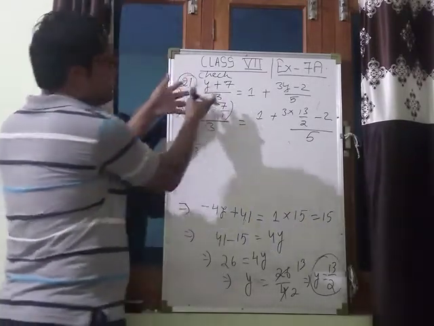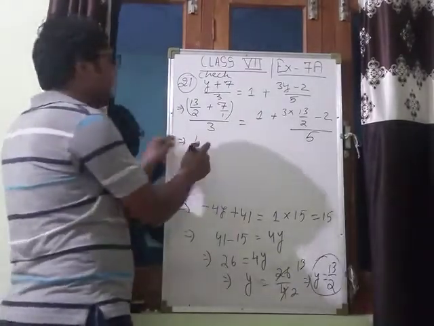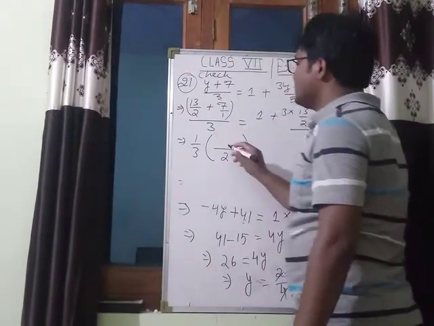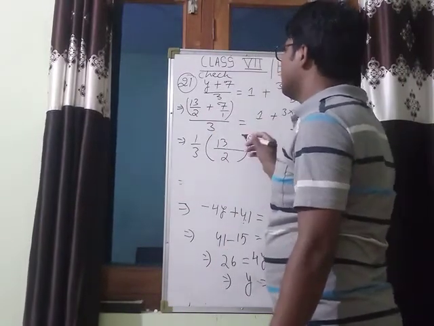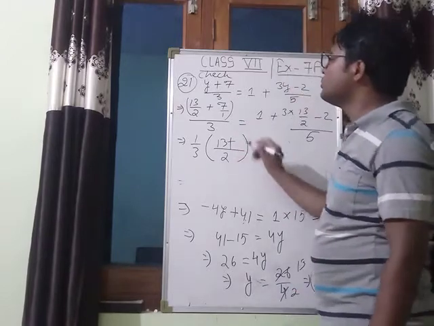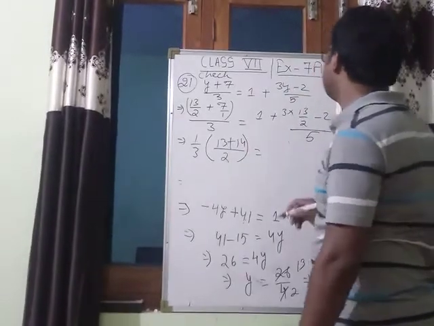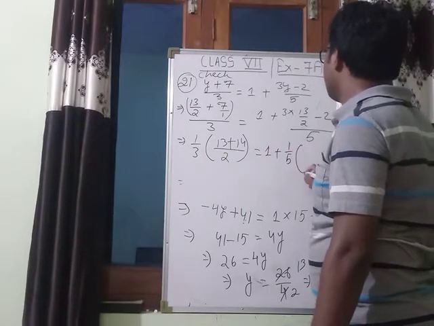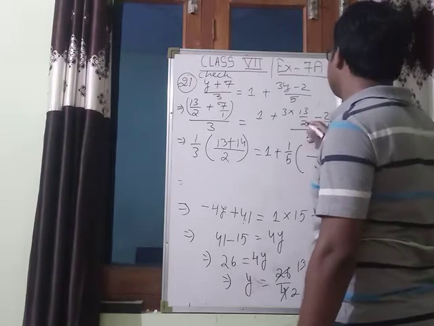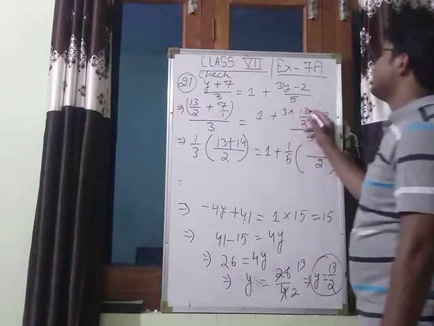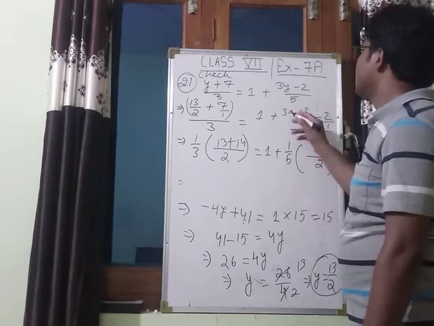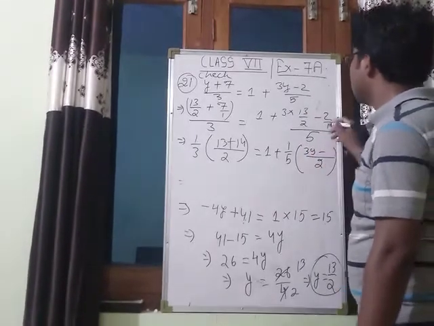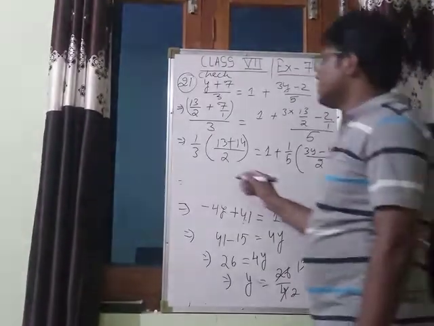This 3 divides the numerator, no? So that can be written as 1 by 3 into, now LCM of 2 and 1 is 2. So 2 into 1 is 2, that will be 13, 1 into 13, 13 plus 1 into 2 is 2, 2 into 7, 14. That is equal to, see, this is 1 plus 1 by 5, and here the LCM of 2 and 1 is 2, and this one is 13 times 3 is 39, and 2 into 1 is 2, 1 into 39, that will be 39 minus 1 into 2 is 2, 2 into 2 is 4.